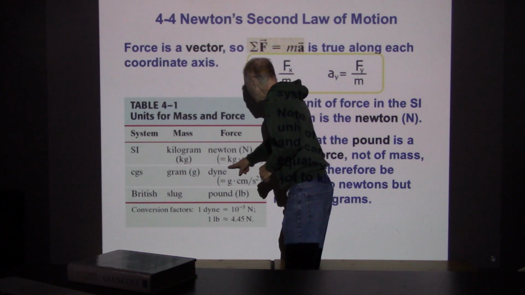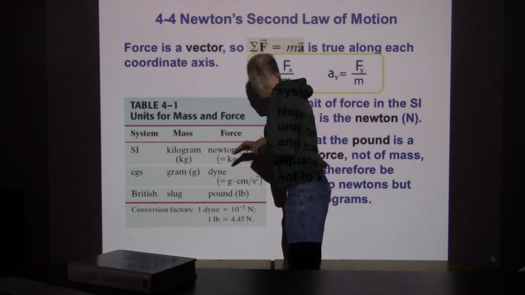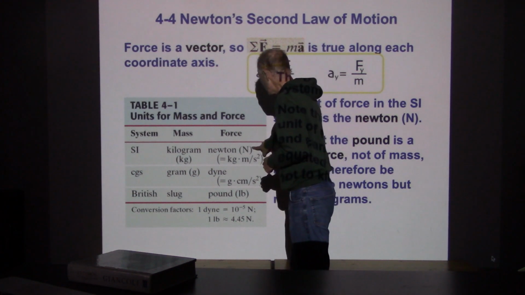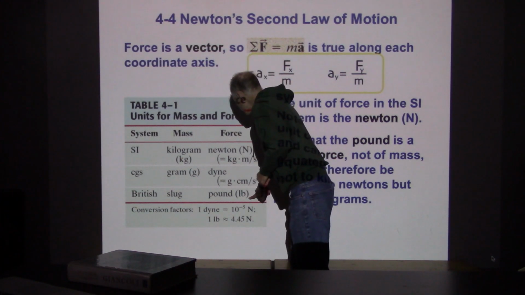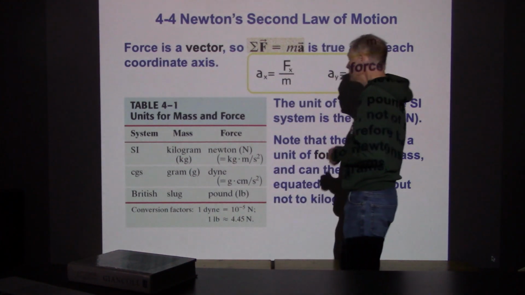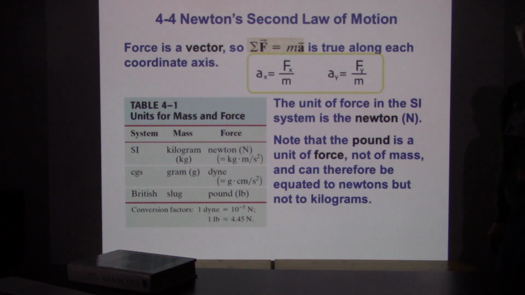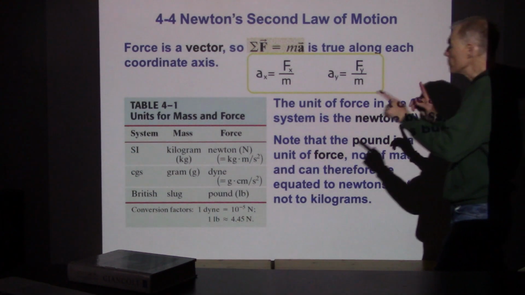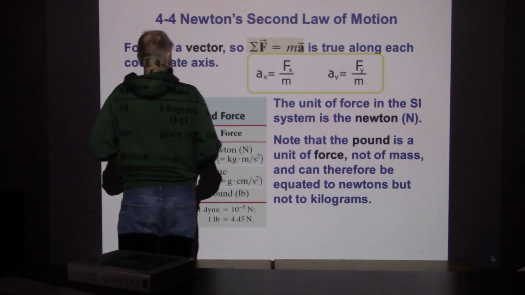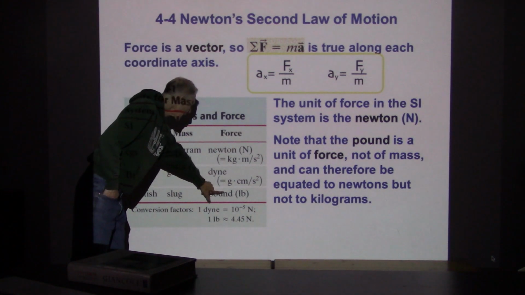Interesting. So in the CGS system, these are dynes. We're not going to be working in dynes. We're going to be working in newtons. From time to time, we'll talk about pounds. Now, you guys are probably familiar with pounds. So we've got kind of a mixed set of units here because we're used to thinking of pounds can be